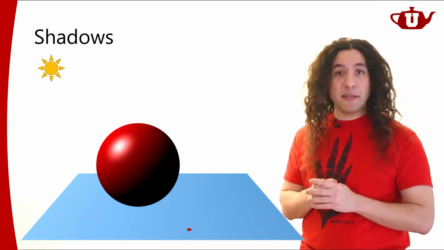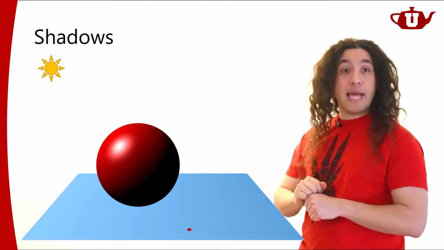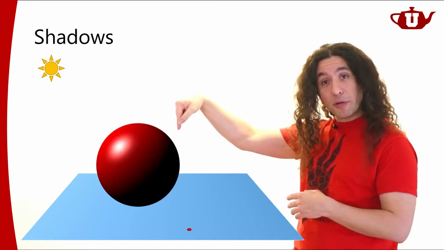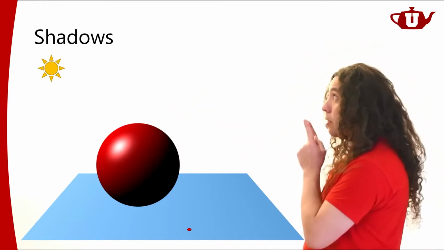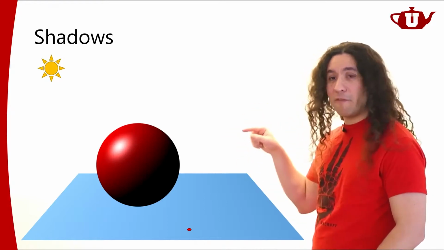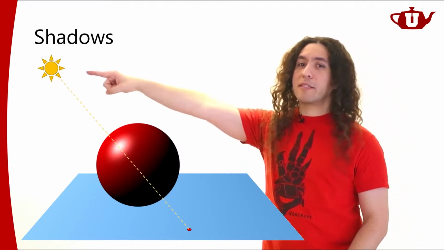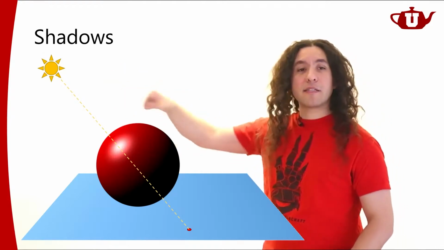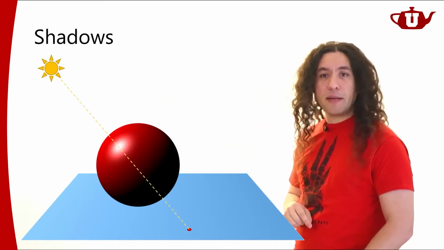We talked about visibility, right? So if this point is visible to the light source, that means it's not going to be in shadow. If the light can see that point, then it's not going to be in shadow. Or from this point, if I look up and I can see the light source, that means that point is not going to be in shadow. That is, if I draw a line from this point to my point light source, and that line does not intersect with anything, then this point is not going to be in shadow, right?